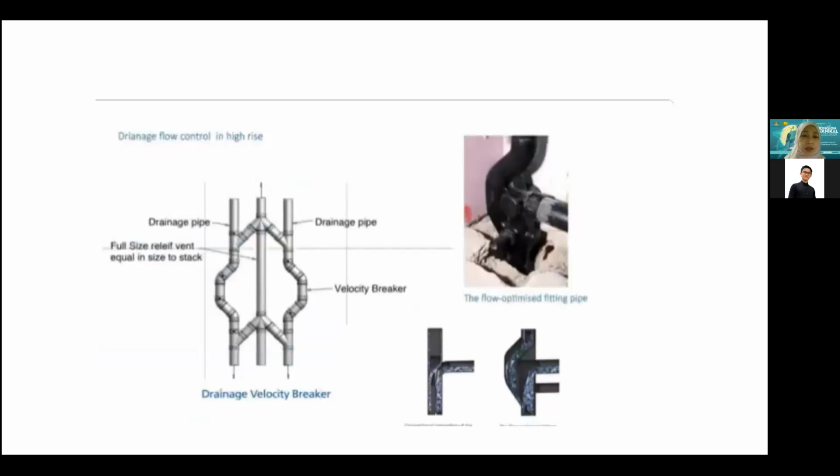Drainage flow control in high rise. Okay, overseas there will be a lot of piping sizes according to the system. In Malaysia also they have different sizes and systems that are allowed by our government. Okay, drainage pipe system, the vents, do you see? The piping also needs